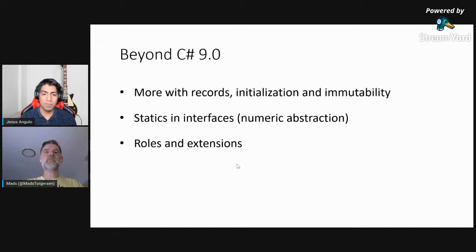So that means that when we add a big new set of features, we will tend to do it gradually